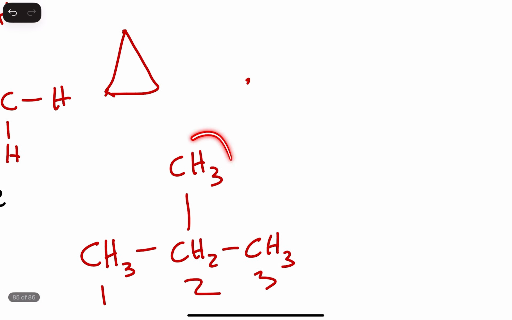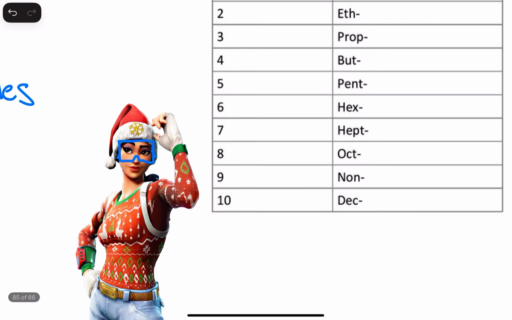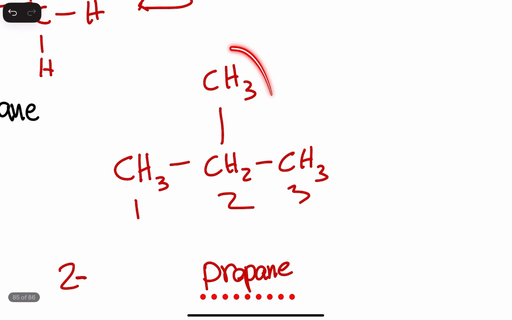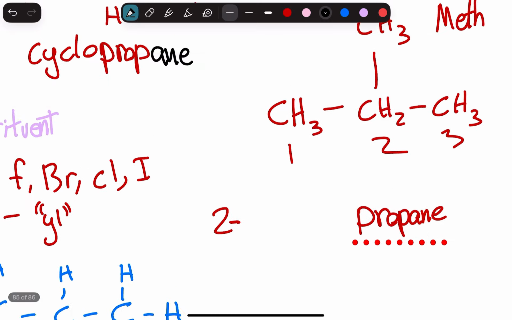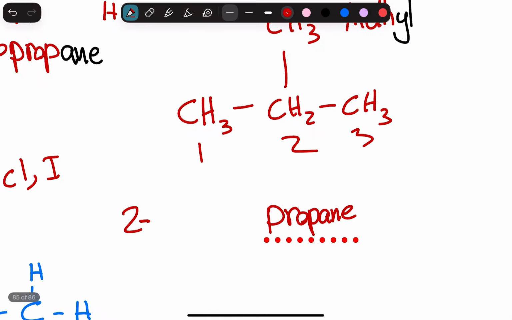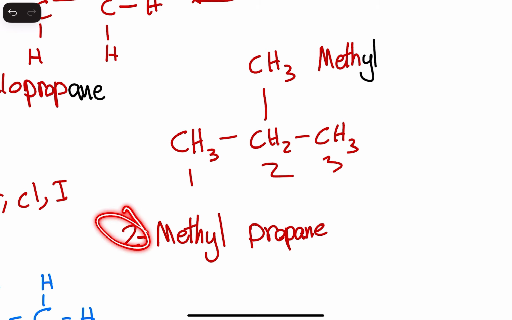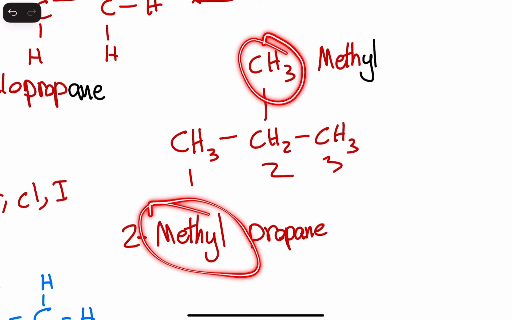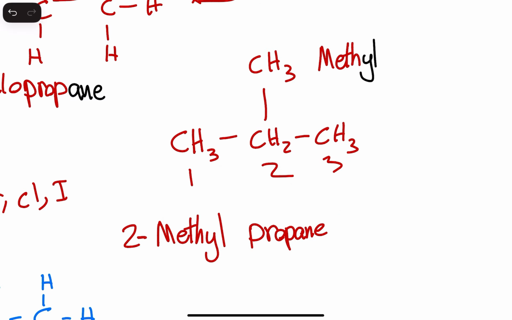So we have 1 carbon, go up to our prefix chart, 1 is meth, so you know that this is meth. And then we have to add that yl ending, so it's going to be methyl. So we just have to plug that in. And this compound would be called 2-methylpropane. 2 tells us where the substituent is. It's on the second carbon. Methyl tells us what the substituent is. And finally, propane tells us what the main chain is. So that is